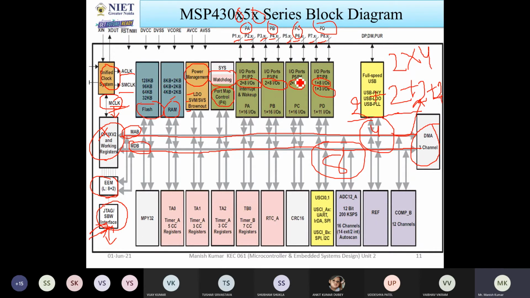Port 5 and port 6 also have 8 bits. Port 7 has 8 bits, but port 8 has only 3 bits. So port A has 16 bits, port B has 16 bits, port C has 16 bits, and port D has only 11 bits. So these are the several features. With the help of that, you can connect any type of input output devices.